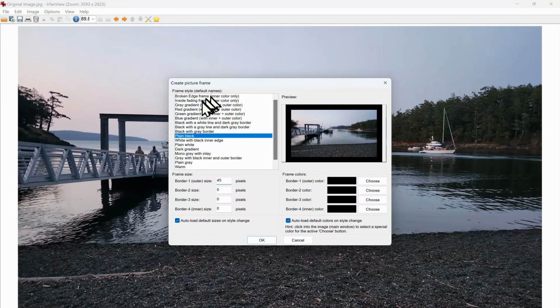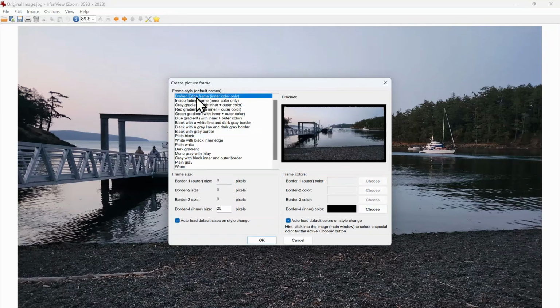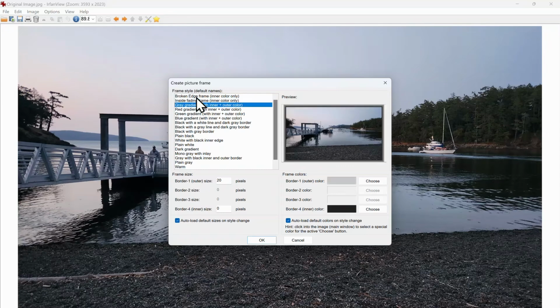You've got a variety of options here, and clicking on them will display how that modifies the image. After you've got the look that you like, click OK,